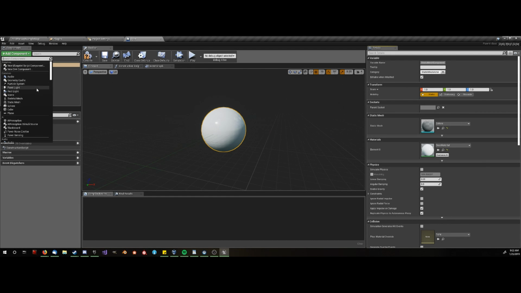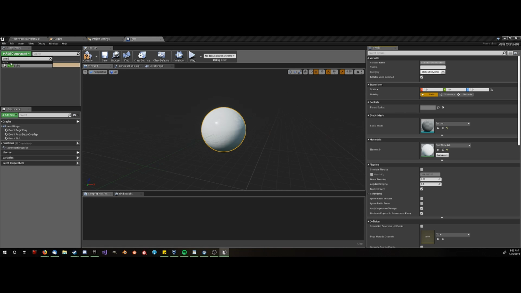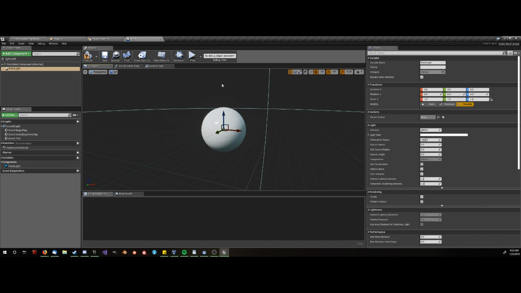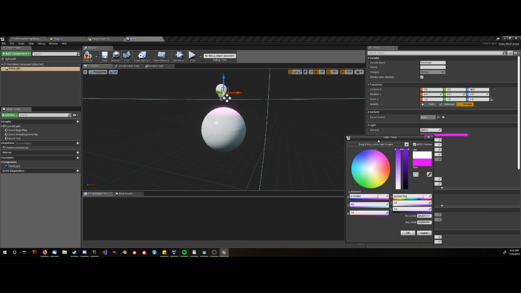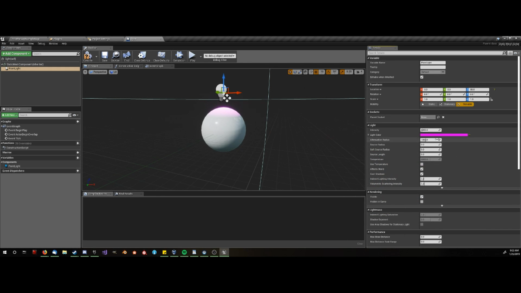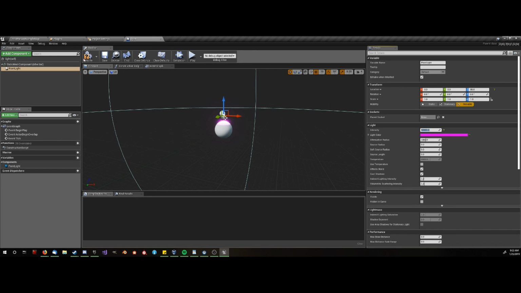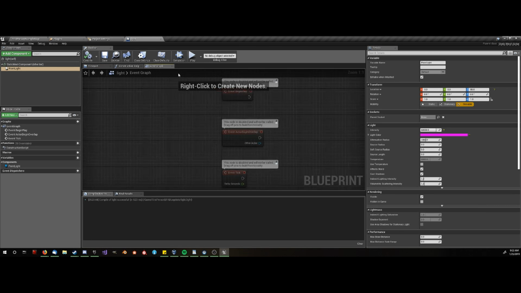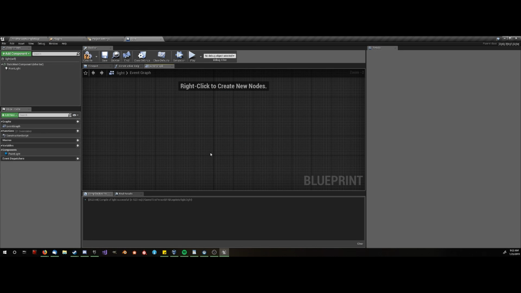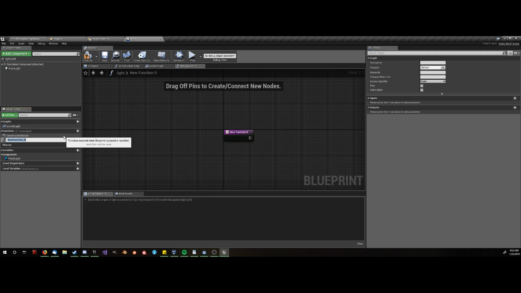much like before, and then I'm going to be adding a point light to it. Drag this above it, change its color to a deep purple, and up the intensity so it's easier to see. Compile and save that. Now, in the event graph, or in any graph, we can create a new function called